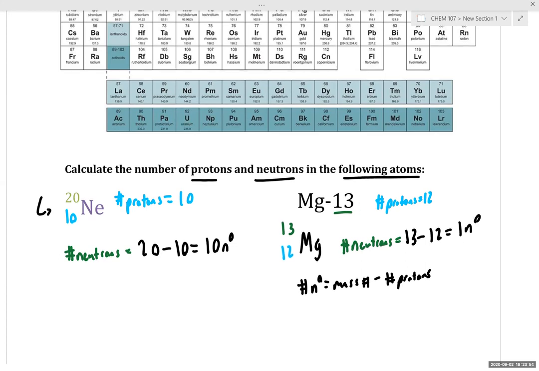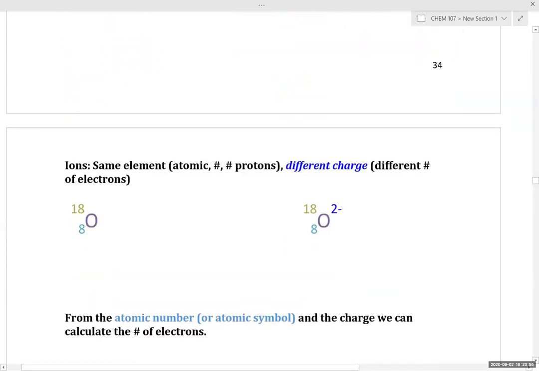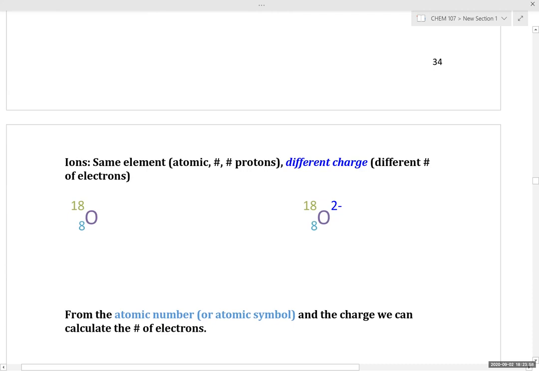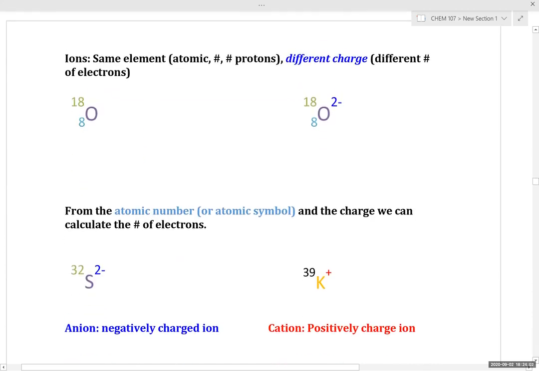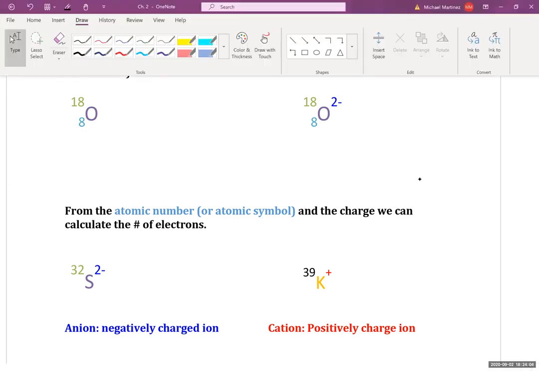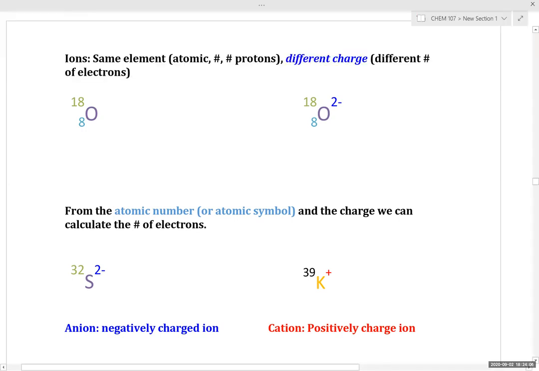If not, let's keep going. And let's talk about ions now, which will prompt our discussion of the other subatomic particle on our list, which is the electron. So ions are the same element, same atomic number, same number of protons,